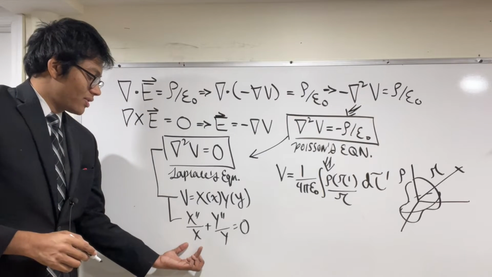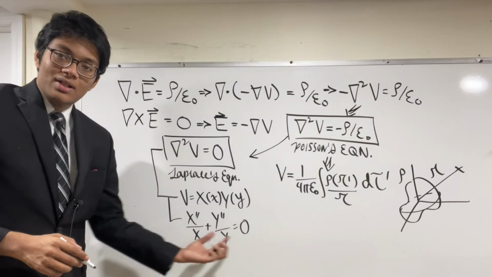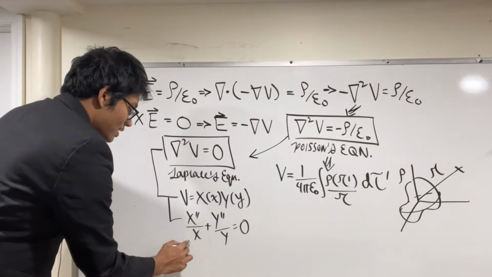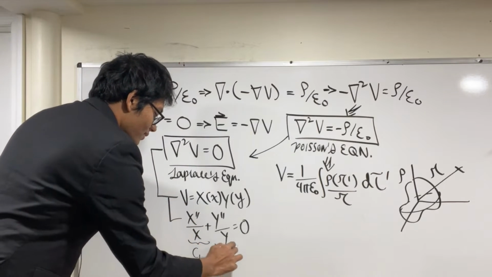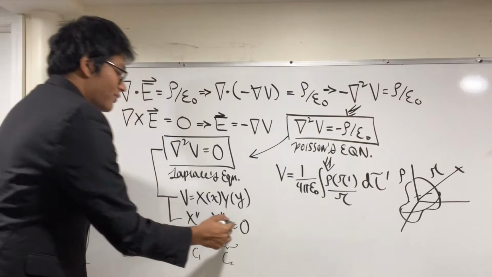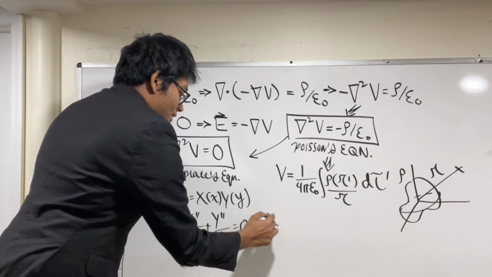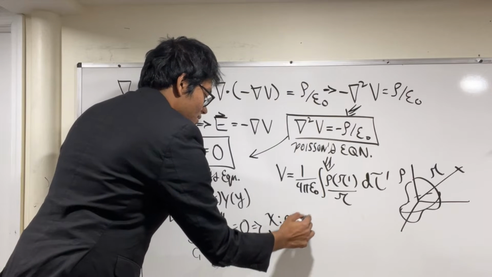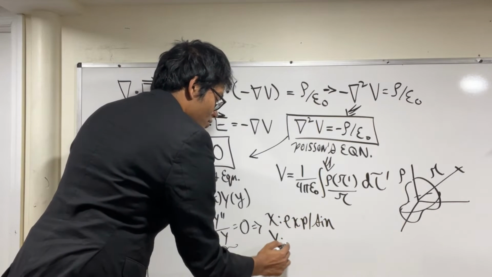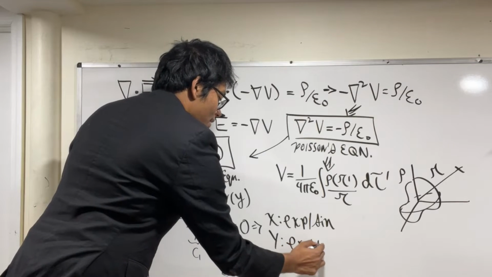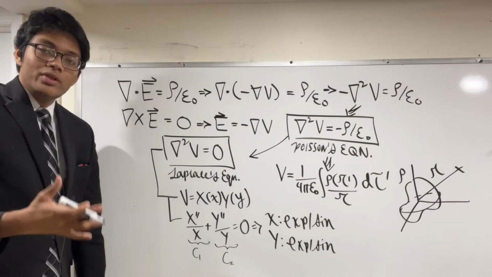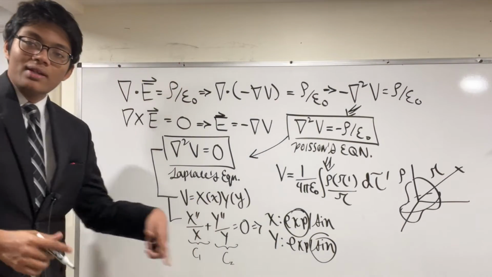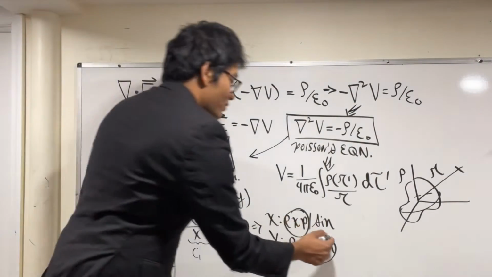And we figured out, okay, if these two add up to be 0, but they're functions of different variables, that means they must both be equal to constants, C1 and C2. And so we eventually figured out that this implied that these two functions either have to be exponentials or oscillating functions, and which one they were depended on the boundary conditions. So we would choose what type of functions they are, X and Y, depending on the boundary conditions, and then we would write out